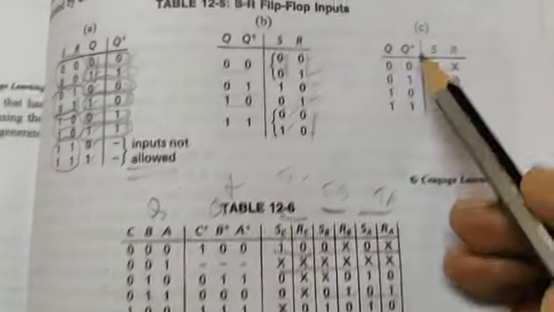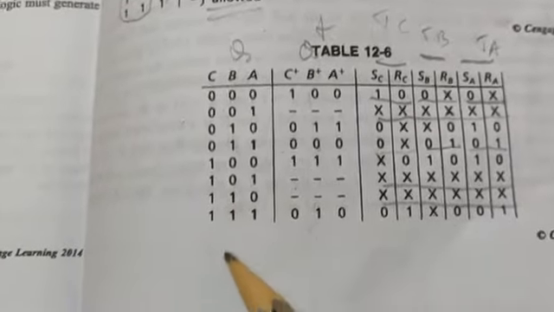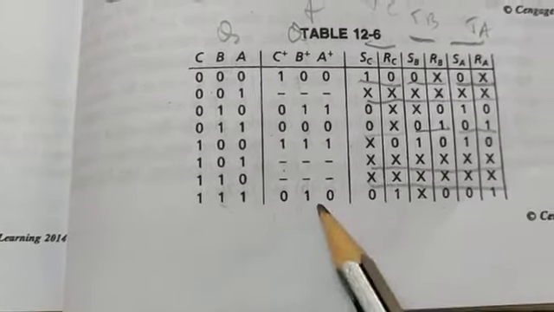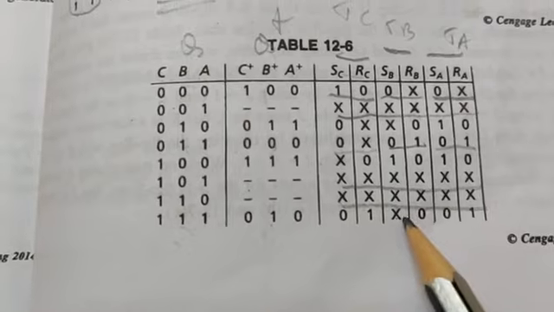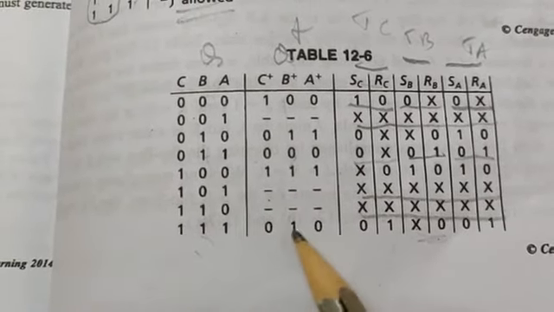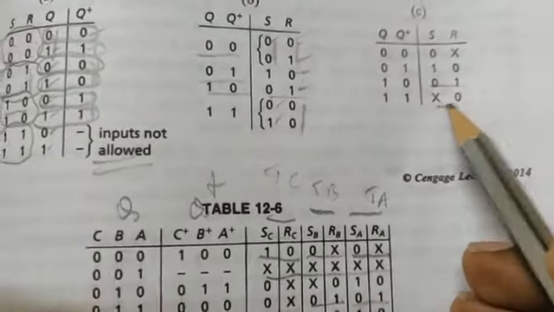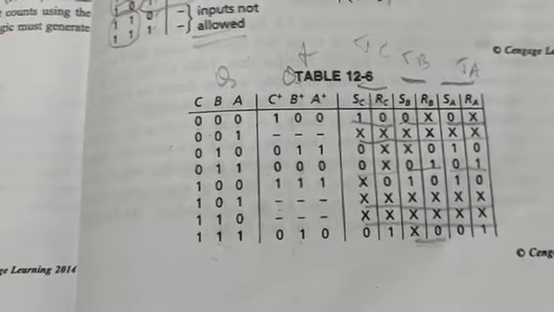When you find 0, 1, see here, what is that? Write here. When you find 0, 0, look at here, what is 0, 0? S0x, write here. If you find 1 and 1, this is B with B plus, 1 and 1 should be filled with here. So what is 1, 1? X0. So fill with X0. So like this, you need to fill this table.